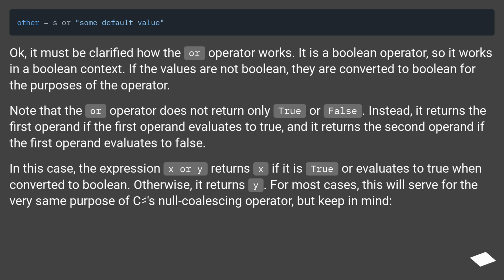In this case, the expression x or y returns x if it is true or evaluates to true when converted to Boolean. Otherwise, it returns y. For most cases, this will serve for the very same purpose as C#'s null-coalescing operator, but keep in mind,